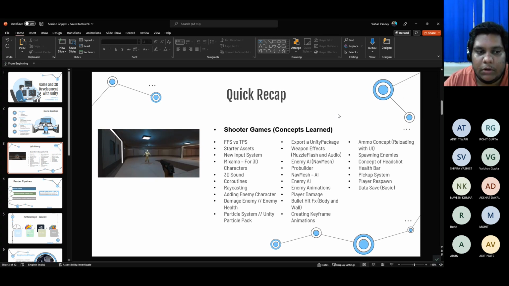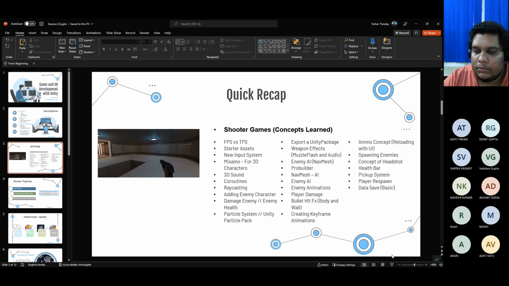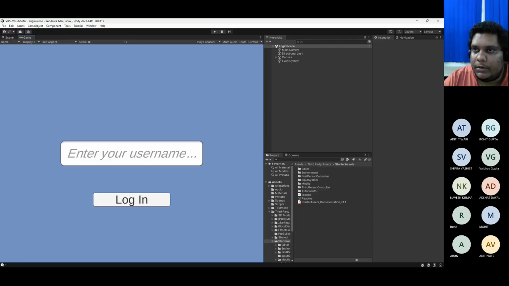And if we have time, then we'll also go through Spark AR, which is Meta's AR system, other than Unity. So it's a different software that we might go through if we have time. So moving on from that, let me close this.